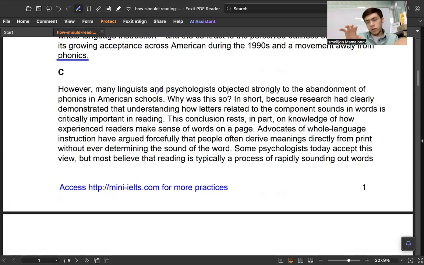We are at the point when we get confused because the C paragraph is more confusing than previous paragraphs. To avoid that, be focused on the main topic. How should reading be taught, and think about that. That might help.